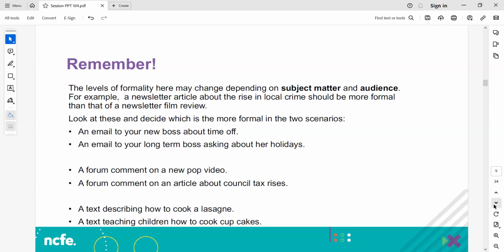Okay, so I can understand why you would think that, because you would perhaps think it needs to be really clear and give really clear instructions because they are younger. And that does make sense. But what we often find is that if you look at a recipe book that's aimed at children or a recipe book aimed at adults, the one for adults would be more formal with just the ingredients and then the step-by-step instructions. But when you look at a recipe book for children, there would often be the recipe, but there might be a